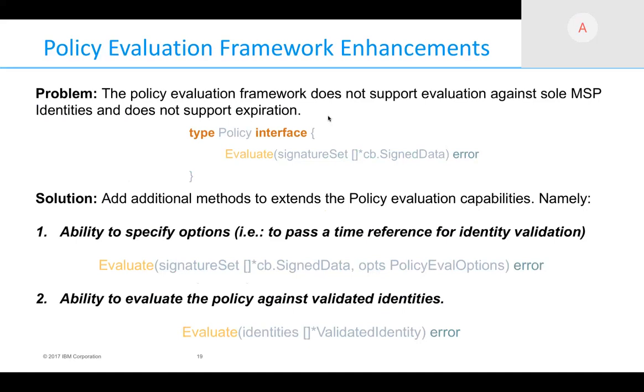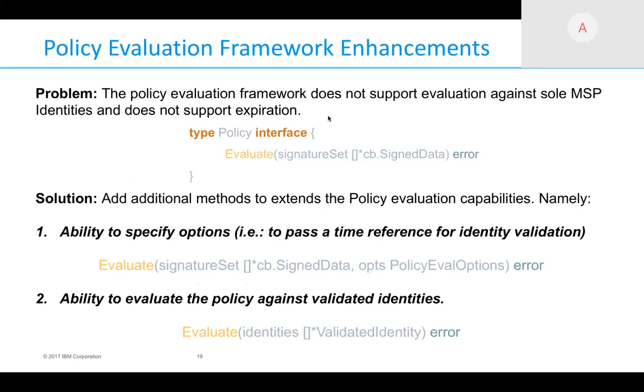Indeed. Just to jump to what Jason was saying, Matthias can talk about his Jira item. If we change the MSP that way, then we will have a way on the policy objects to, for example, evaluate directly against identities. Only against actually validated identities. So we don't have to revalidate an identity that we already know is valid with respect to a certain time frame or in absolute terms. Or we can even enhance the policy to say, please evaluate this signed data with respect to these options, and the options might contain something like a time reference, or some other information that would